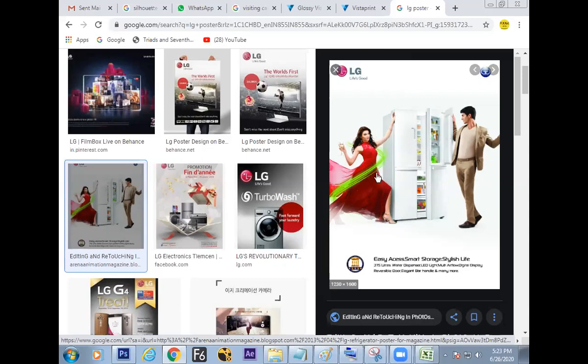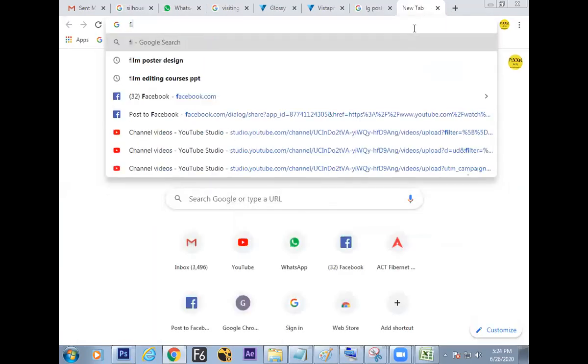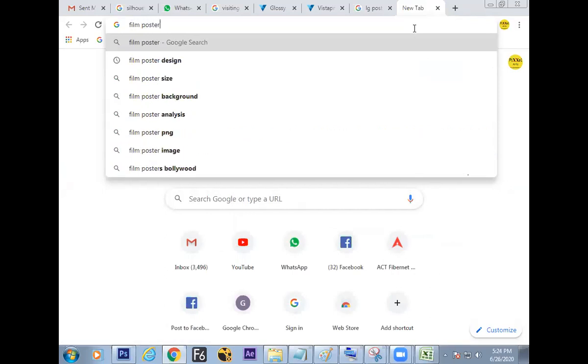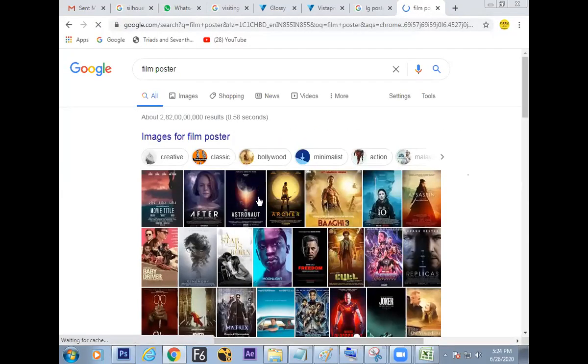What is there on the screen? The unity is created by the shapes. Vertical shapes are there. Is it okay? So start finding any poster, film poster, just to know how the backend rules are working on the screen.